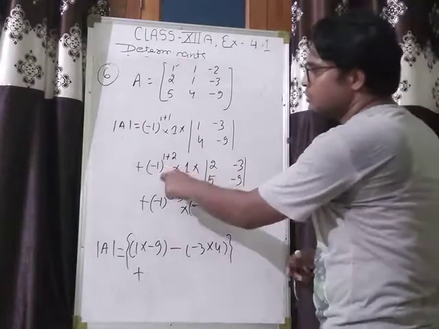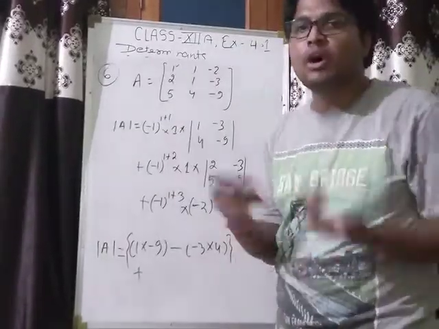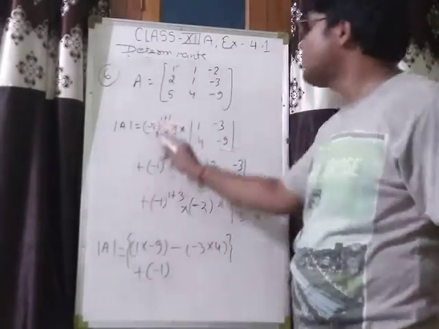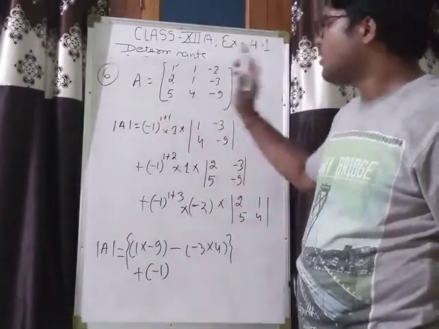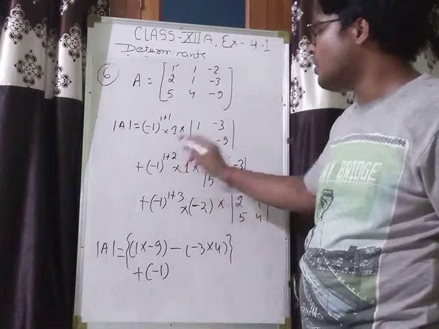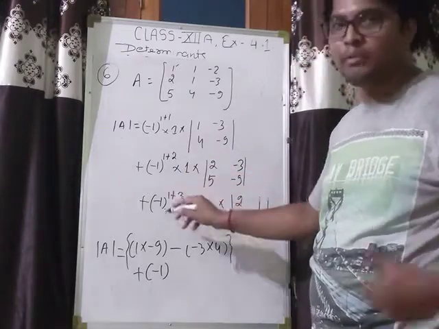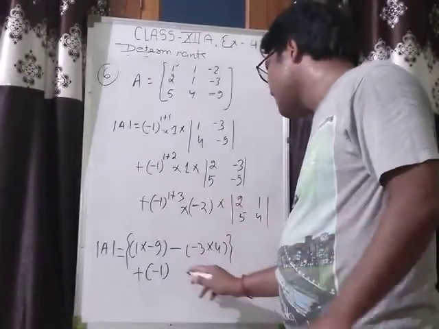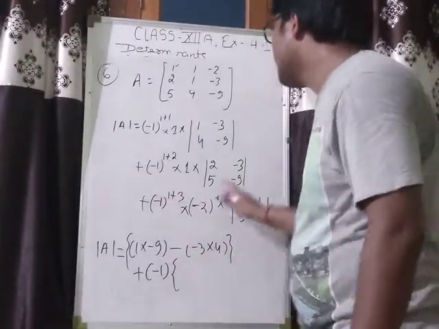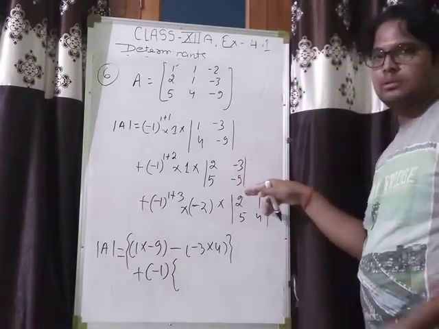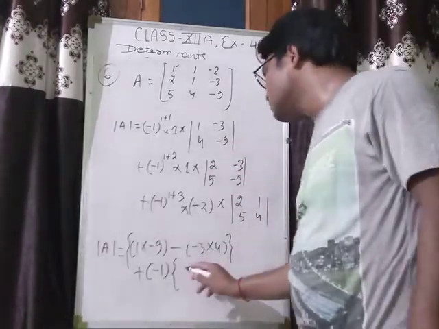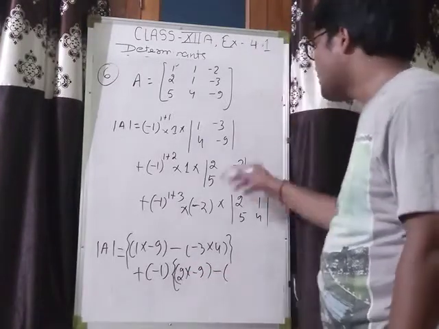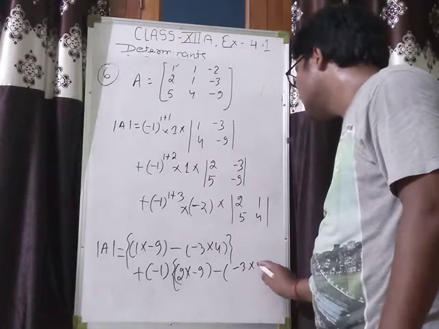Okay. And now the second term, this one. देखो अब minus 1 to the power 3. 3 is odd number, so minus 1 to the power 3 will be minus 1. यहाँ पे plus 1 आएगा क्योंकि पावर इवन है. यहाँ minus 1 आएगा क्योंकि पावर ऑड है. यहाँ पे फिर से plus 1 आएगा क्योंकि पावर इवन है. So now minus 1 into 1, that is minus 1, into multiply this diagonal entries, that is 9 into 2 into minus 9, minus of diagonal entries minus 3 into 5.